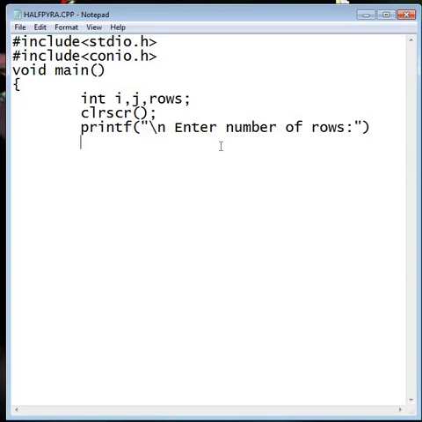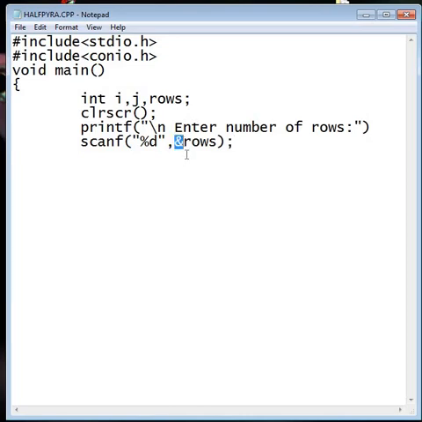Now you have to scan the value from the console and store it in the appropriate variable. So we have to use scanf. That function will scan the inputted value from the console. So %d, because the inputted value is an integer, and we have to store the value in the rows variable.